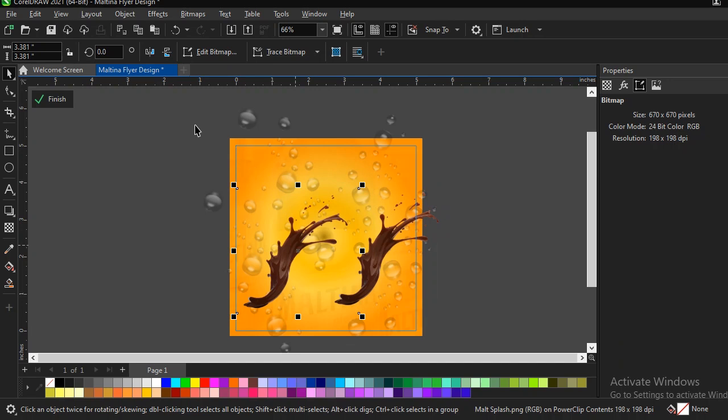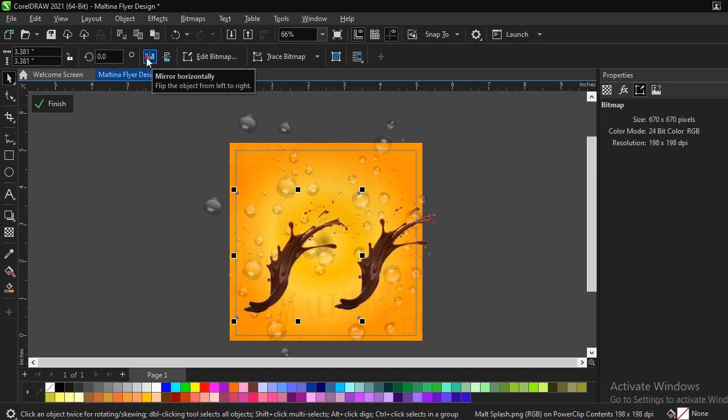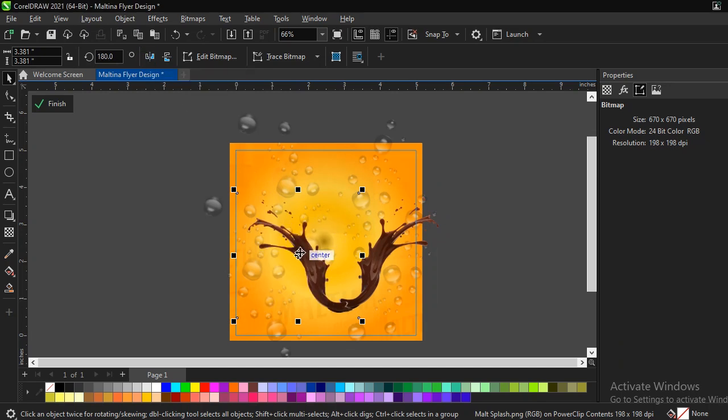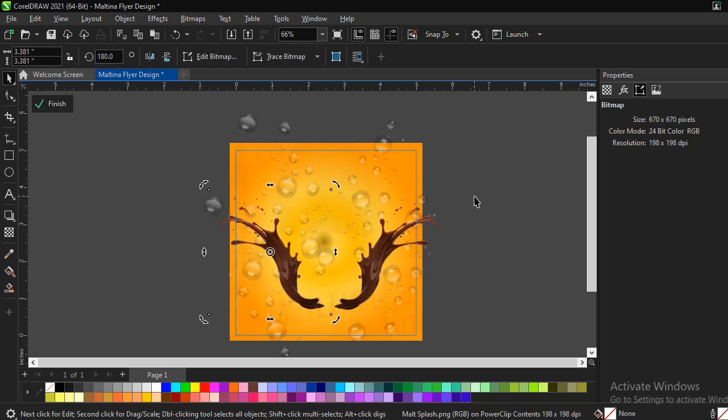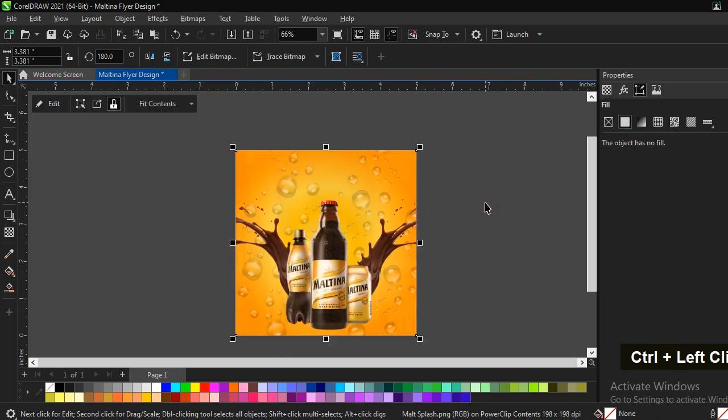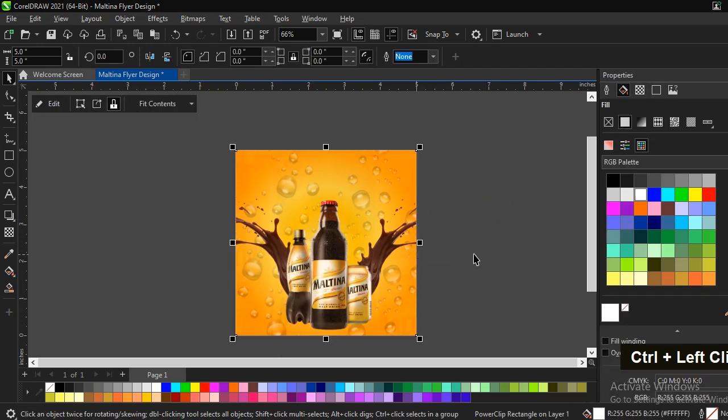slowly, then you flip it to the right, then you drag it a bit so that it will be far, then control, then click outside of this box, just to get outside of the frame of the power clip object. Then you can see what we have now. Okay, so I want us to have a bit of shadow of the bottle, that Maltina bottles,